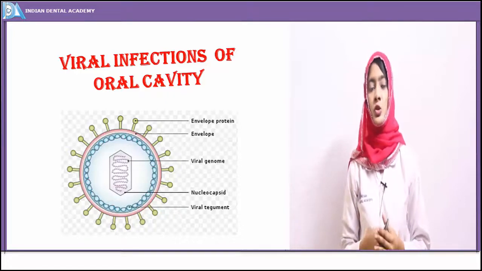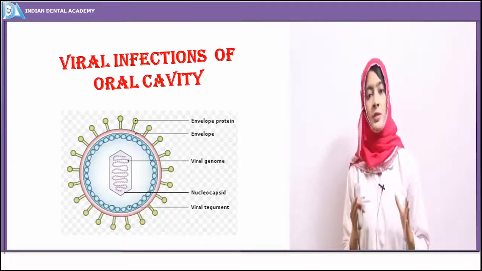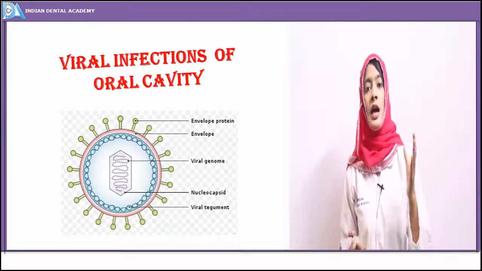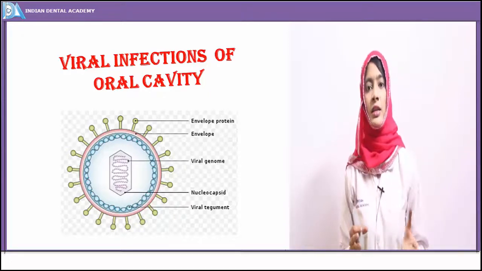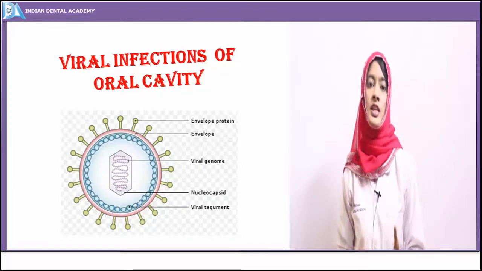This central genome is enveloped by a nucleocapsid protein, and this nucleocapsid is then enveloped by an outer envelope made of protein, and a